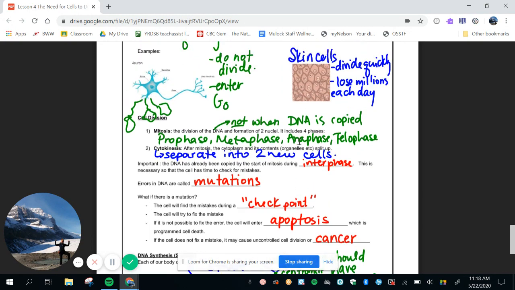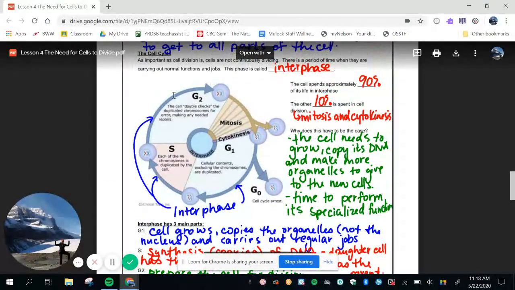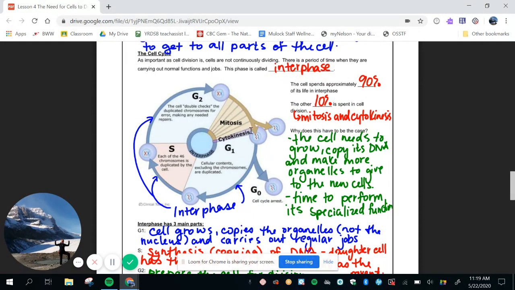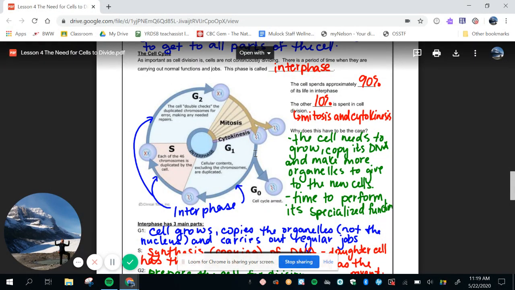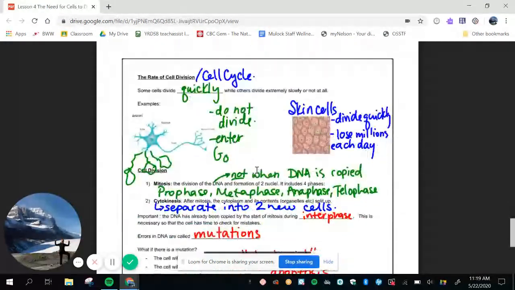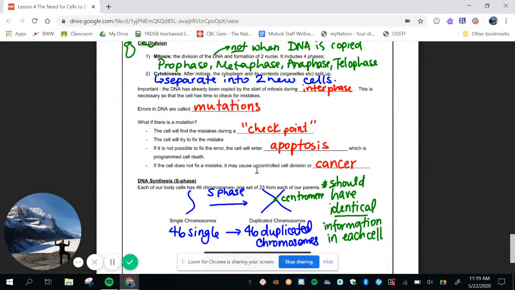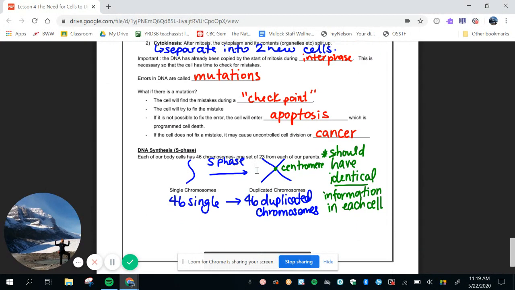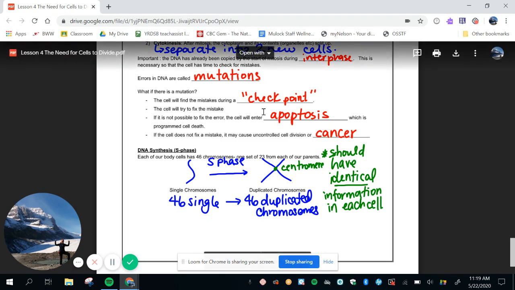Okay, so I'm going to scroll up for just a quick sec. You could do the same in your notes if you like. As I mentioned, this mitosis part is like basically splitting up the cell. That's cell division. And you can see if we follow the arrows, the S phase has happened way before that. Okay, and I mentioned before about mutations. I'm talking about negative mutations, but here the cell will try to look through and just make sure everything is all good. The cell tries to fix the mistake, but if it cannot, it could enter what's called programmed cell